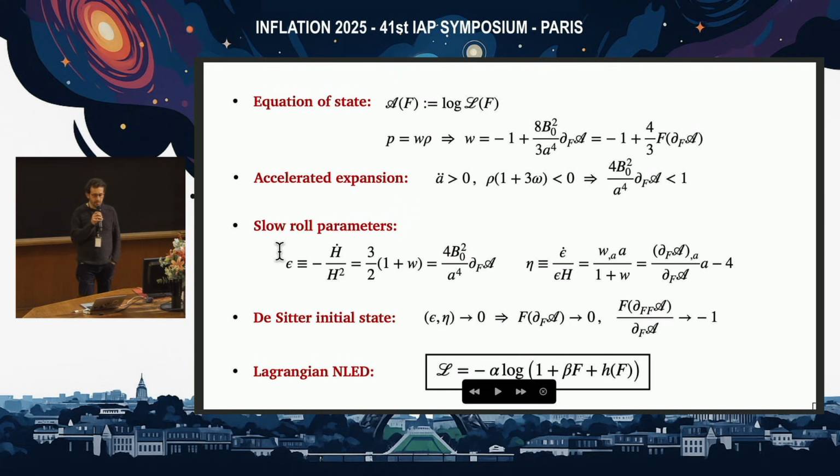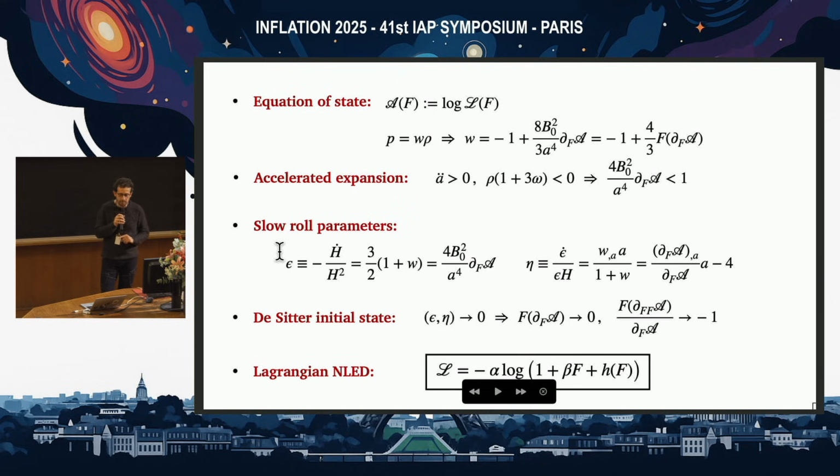You see that it works with an accelerated expansion. You make your slow-roll parameters. And then in these particular models, there is no Big Bang singularity. The singularity is pushed towards minus infinity, so the universe emerges after an infinite amount of time, and then at some point expands. The constraint is that the slow-roll parameter goes to 0 when the scale factor goes to 0. And then if you really solve the equation, you find the Lagrangian.